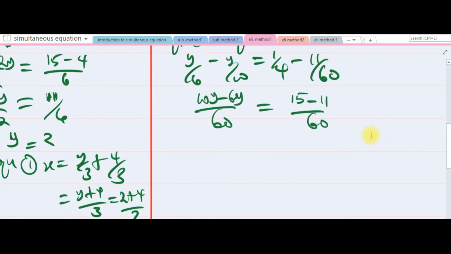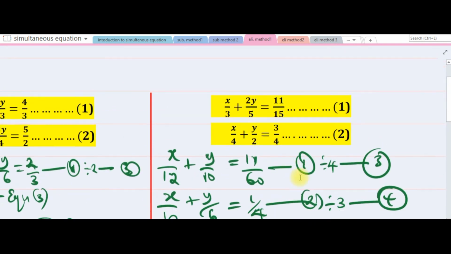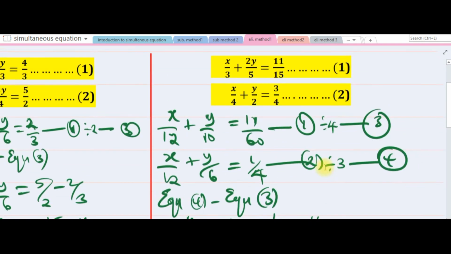So 15 minus 11. So I have 10y minus 6y is 4y over 60. Here, 15 minus 11 is 4 over 60. So as you can see, 4, 4, 60, 60. So y is 1. Since we've gotten the value of y, we now take any equation